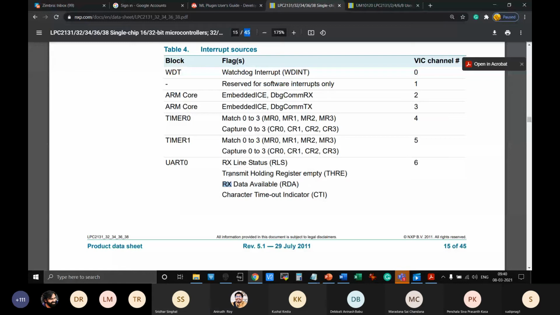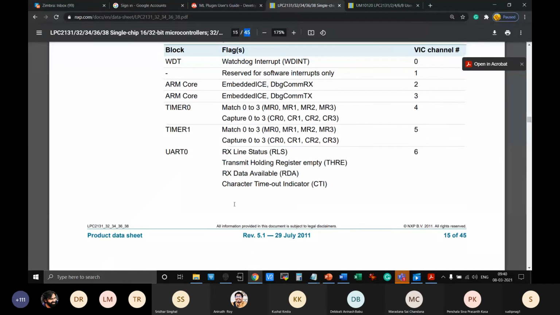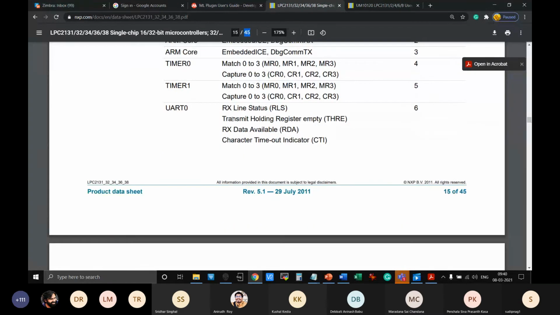Similarly, whenever the transmission is completed, only then do we have to transmit the next byte. So at that time, the interrupt is important. Nothing is interrupted if the transmit starts or receive starts. It always happens at the end of the transmission or the end of the reception process. In both cases, after the stop bit goes to 1, the transmit holding register and RX data available interrupts are generated.